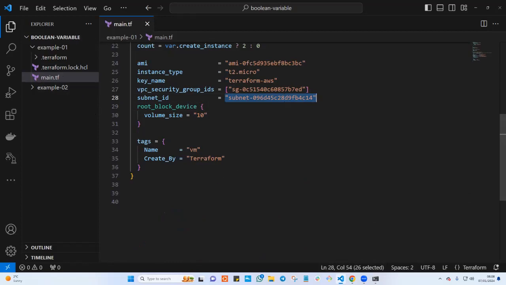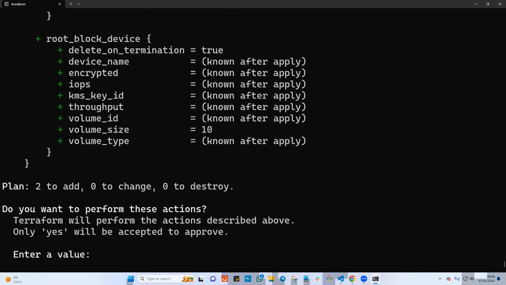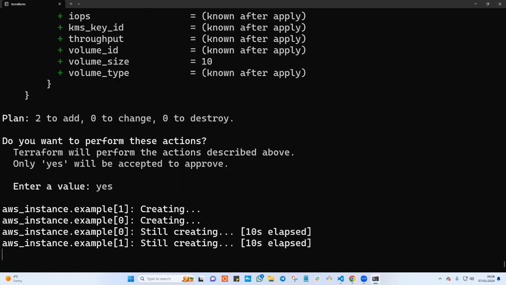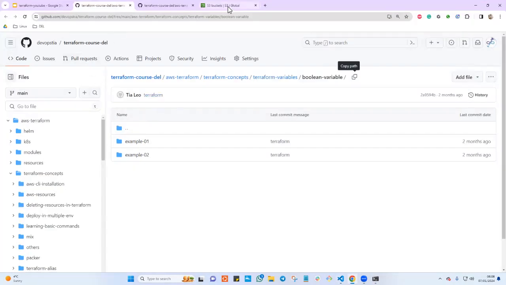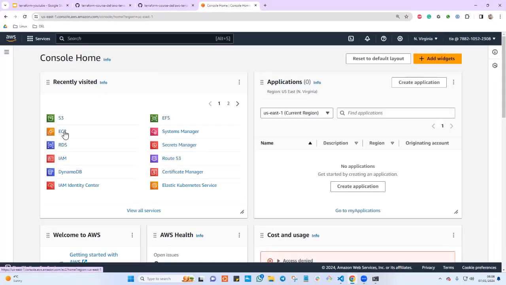If we try to run terraform apply, we'll see what is going to happen. Terraform apply. And I will go ahead here and type yes. You can always use the auto approve flag, and let it wait a little bit, and it will try to launch this. Right now it is creating an EC2 instance. If you move to AWS and go to EC2, here